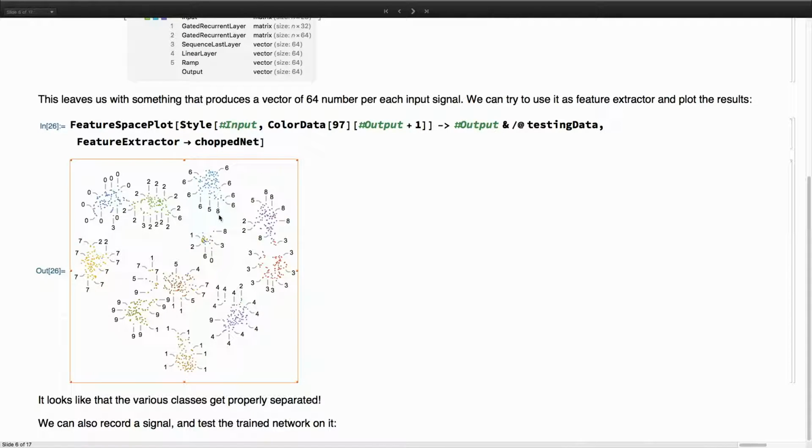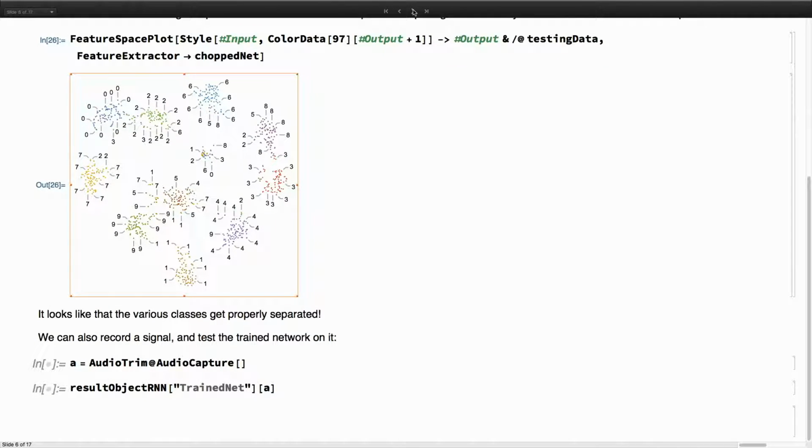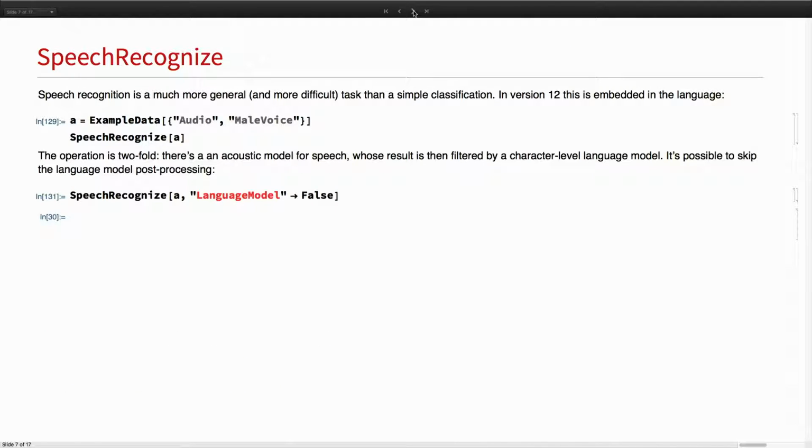In addition to the labels, each digit is colored in a different way. So this way we can extract some information that is not just the classification, some vector that encodes semantic information about the signal. So we can now move on to a much more complicated task, speech recognition.